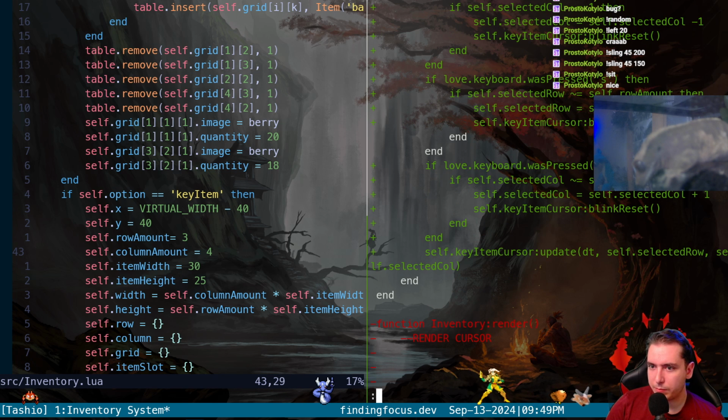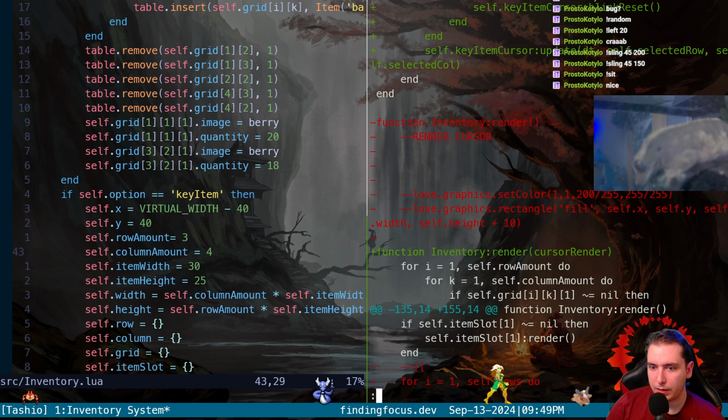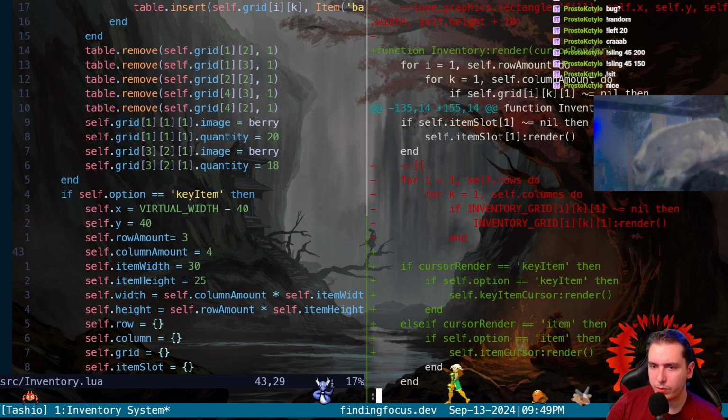This is the one that's updating our key item. And then we took out some old logic. We have our inventory class accepting a cursor render parameter so that we can either render the cursor or not. Because if we didn't do this, we only render whatever inventory is currently selected, but we want to be able to see both our key items and our normal items no matter what